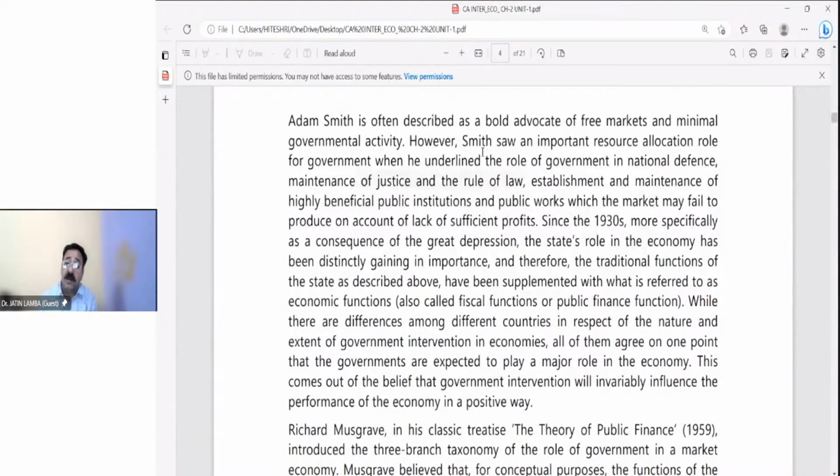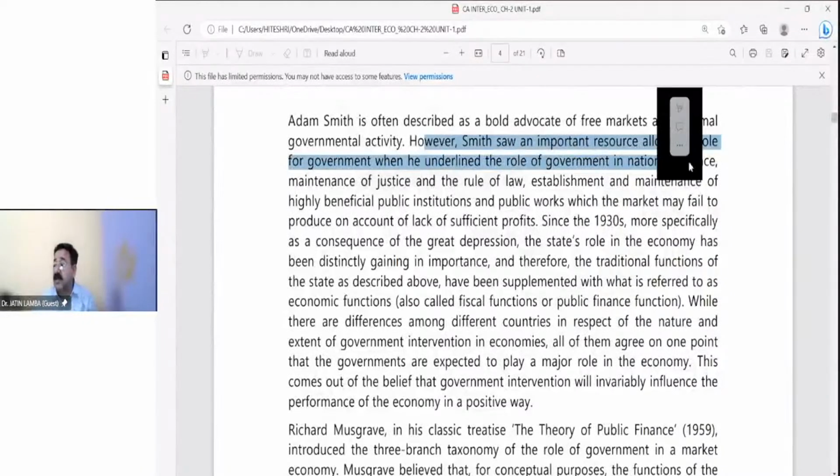But however, Smith saw an important resource allocation role for the government. But what did he say? Minimum. He did not say no government activities, right? Adam Smith also did not mention that there should be no government interference. He said minimal government activities. So Adam Smith was also aware that sometimes an important resource allocation role has to be handled by the government,